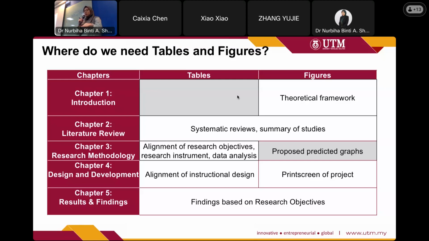Now, in chapter 3, if you are about to present your proposal, usually we examiners would highly appreciate it if you have your proposed predicted graph. What is meant by a proposed predicted graph is that, for example, if you plan, for your research objective number 1, to have a pre and post performance test score, then in the analysis of data section,